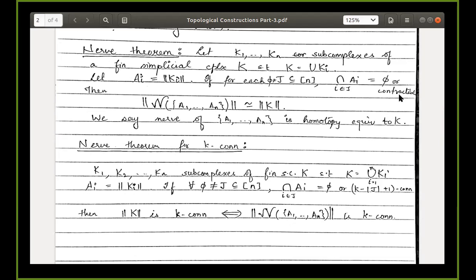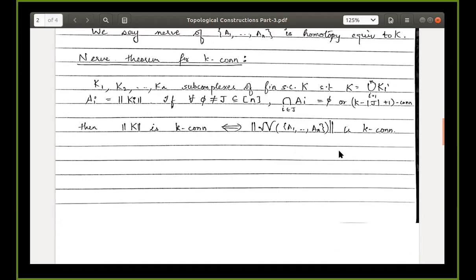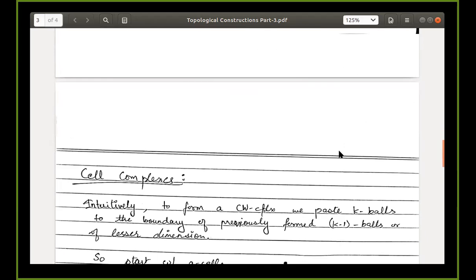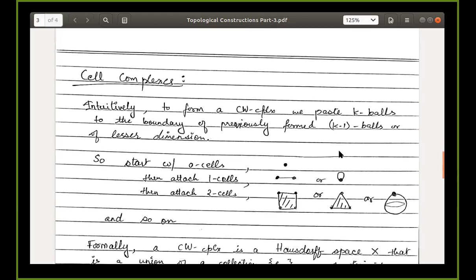Okay. So now I shift again and come to something which I promised a little bit back about the CW complexes. Cell complexes intuitively just look like you start with some points and then you keep on throwing in the threads such that the boundary of the thread is always attached to the previously formed lower dimensional cells. For instance, let's say I start with a 0 cell. So I can start with a bunch of 0 cells. Here I have drawn just one, but you could have had, let's say, 3 0 cells also.